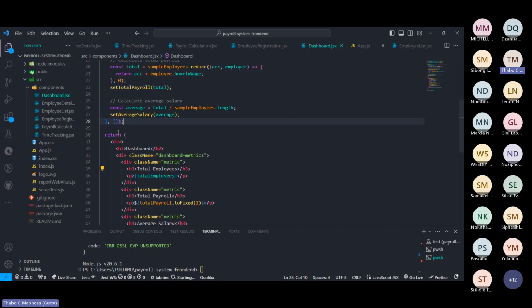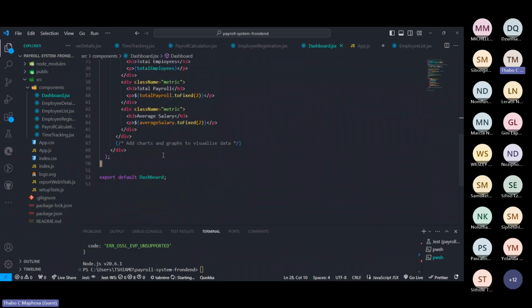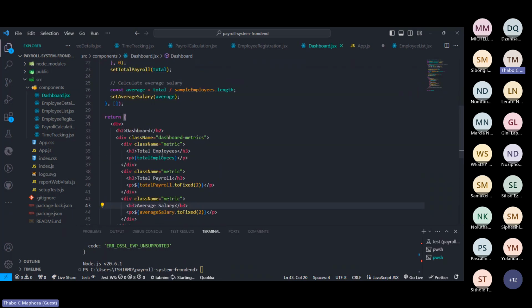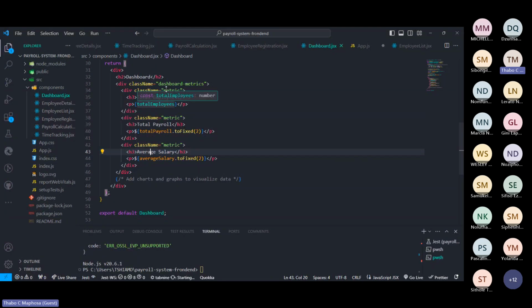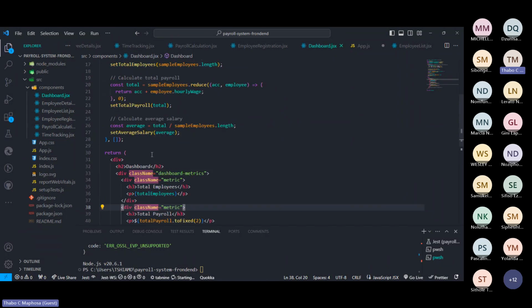Okay. So anyway, what I was saying is that this module here is basically used for displaying the name of the person, the total payroll, the amount of money that will be paid, and the amount of money that has been paid to the person, which is the total payroll.